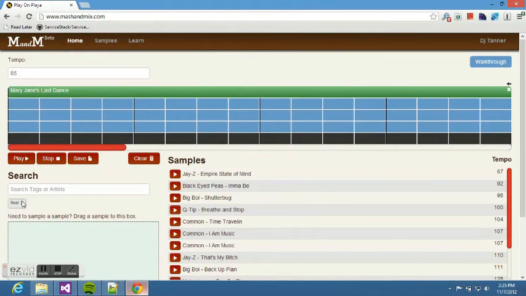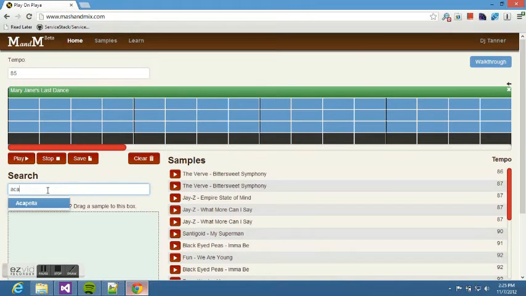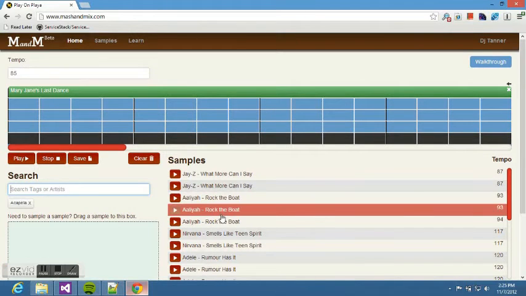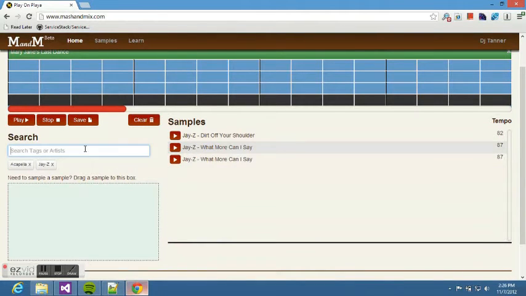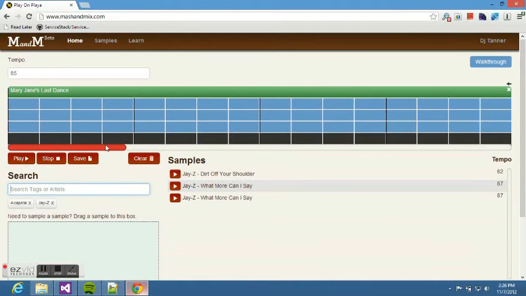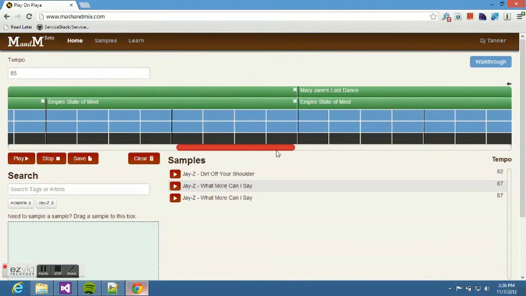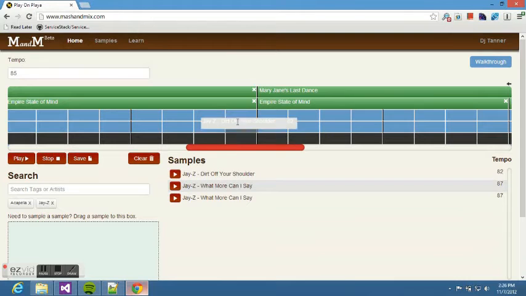So I'm going to take off this beat search and search for an acapella. I'm going to do a Jay-Z acapella. Dirt Off Your Shoulder. So now I'm going to go back to about here, and I already know that this Dirt Off Your Shoulder comes in about a half beat early